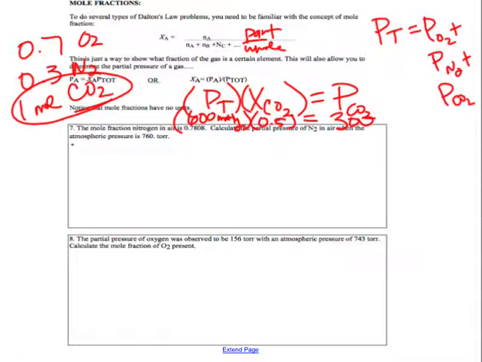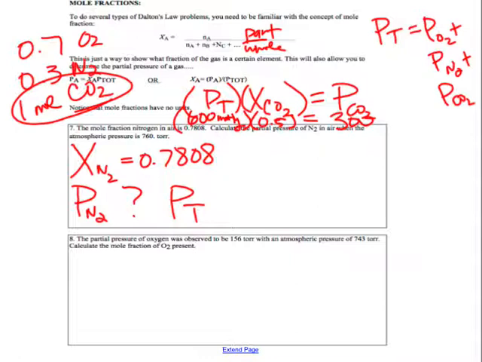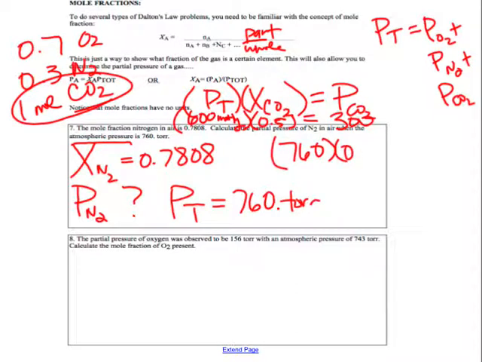So it says the mole fraction, indicated with an X, of nitrogen in air is 0.7808. Calculate the partial pressure of nitrogen. That's what we're looking for. If the total pressure, they say atmospheric pressure, whenever they say that, that is the total pressure, is equal to 760 torr. So how would I set that up? Exactly. 760 times 0.7808 is equal to,